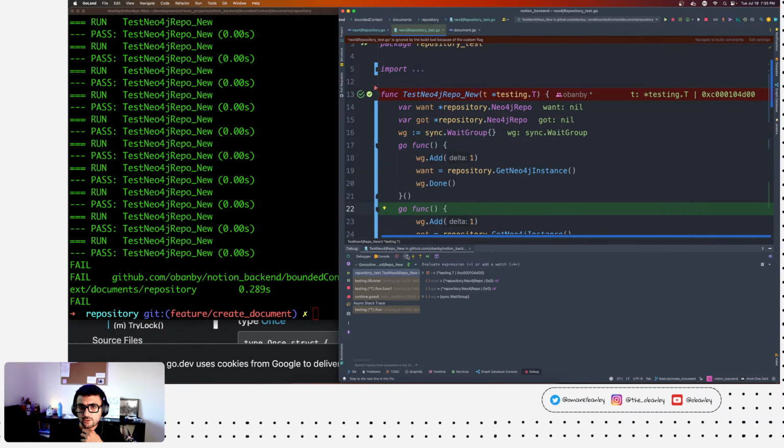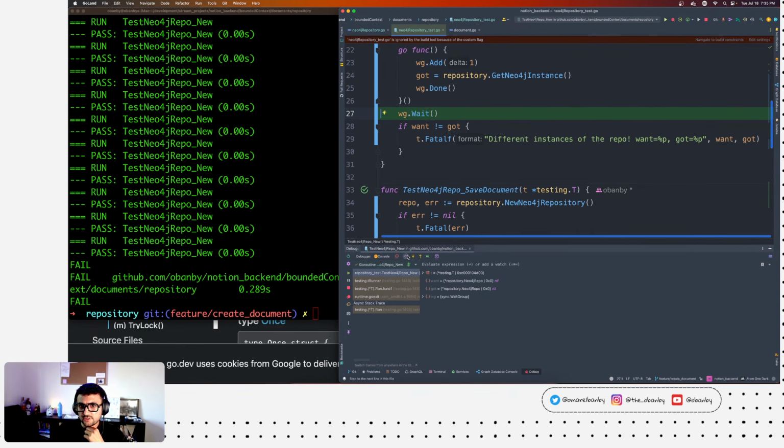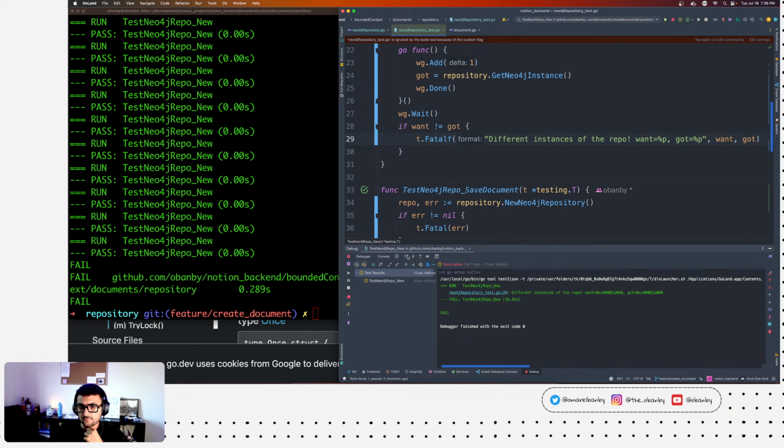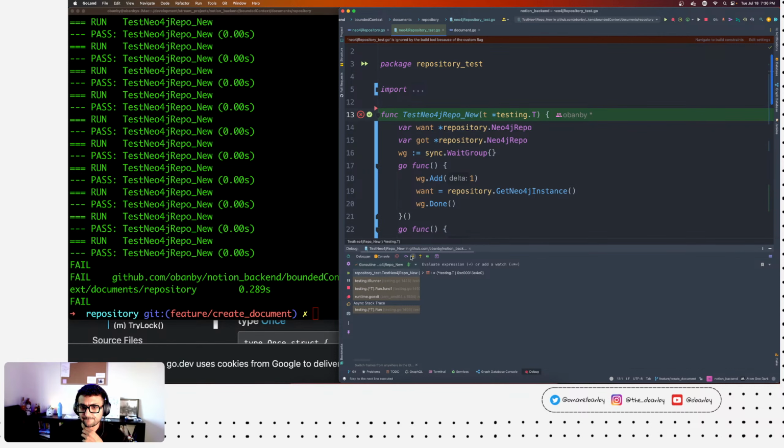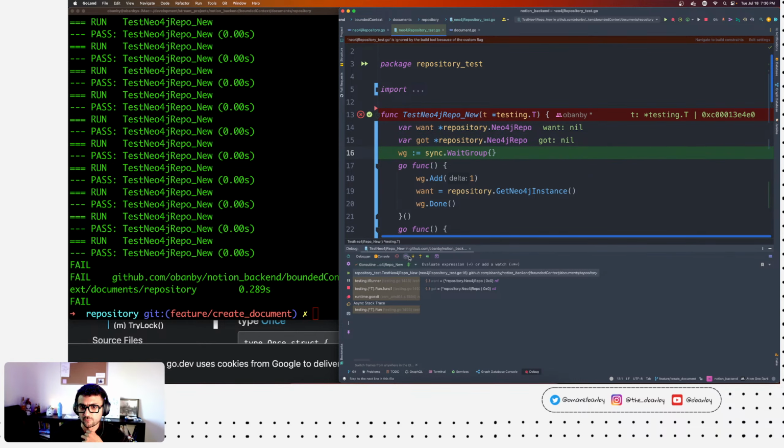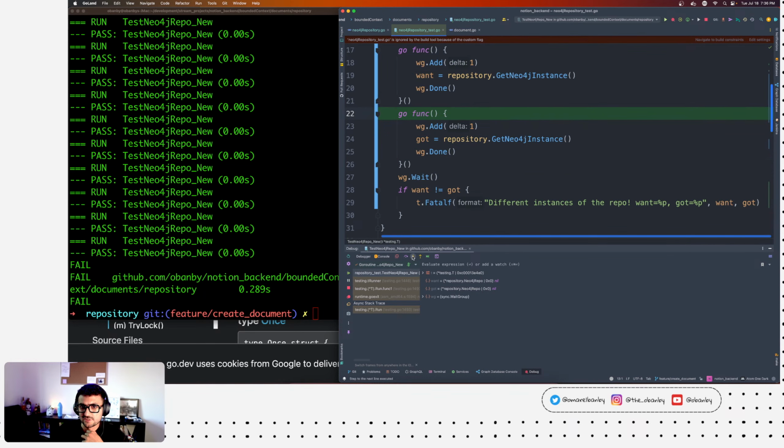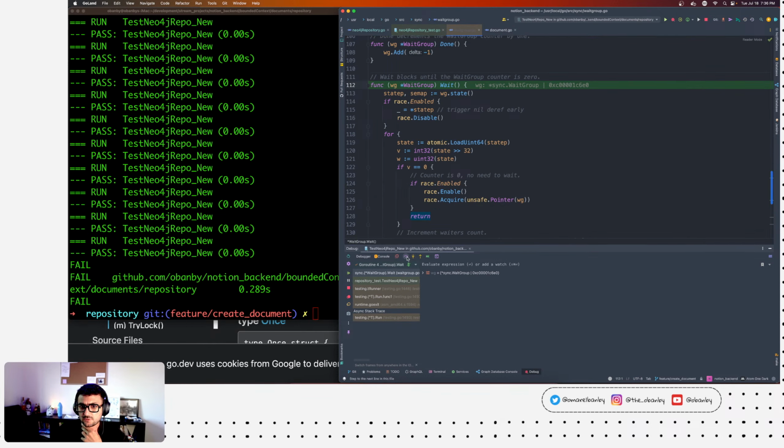Okay, so we wait group, goes into another goroutine, then it calls wait. Step over, step over, step over, step into, step into, step into.